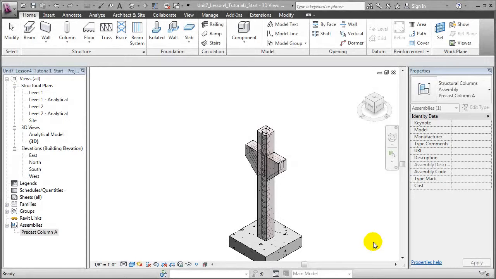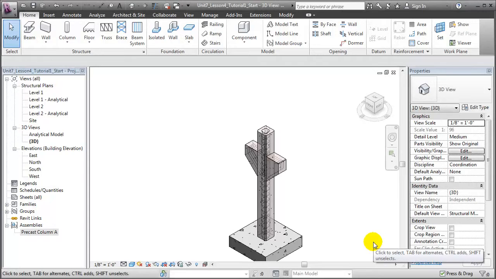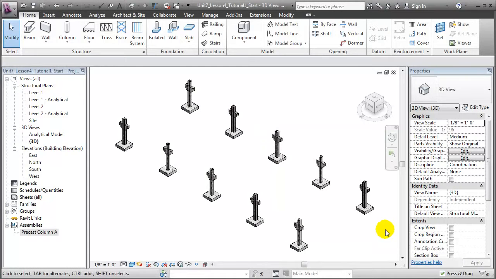Having created our new precast column assembly, we can now replace other instances where those elements occur in the project with the assembly so that they will all be associated and understood to be the same element. Let's zoom out, and we'll choose another instance where that column and rebar have been placed in the project. If we drag to select this group